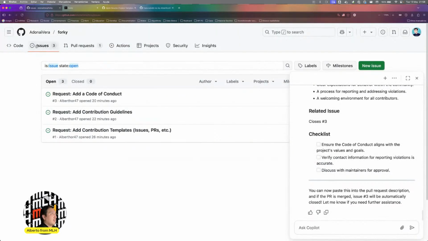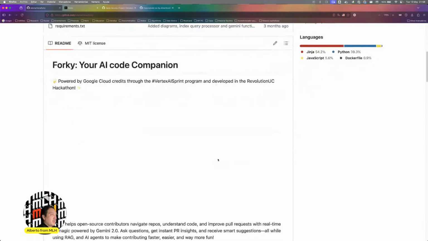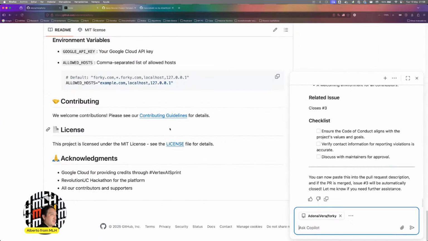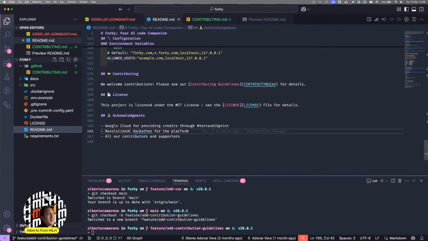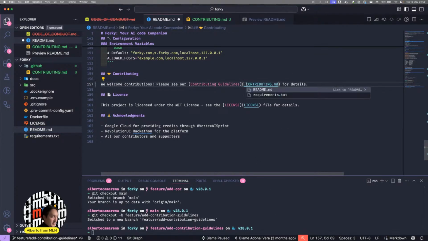And here on Adonai's, it was supposed to be for the file called contributing markdown, but now it's going to be